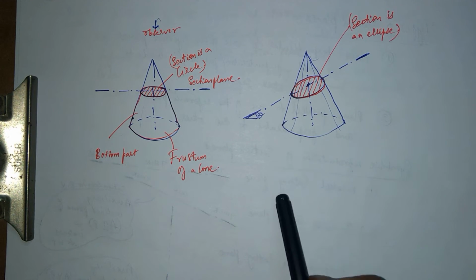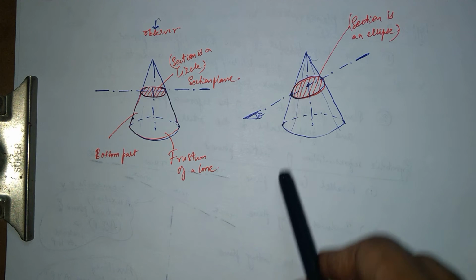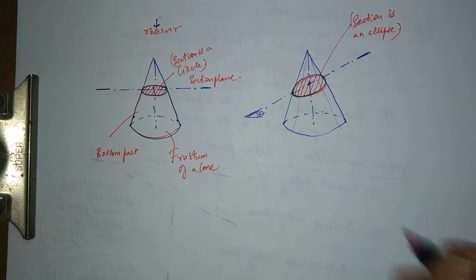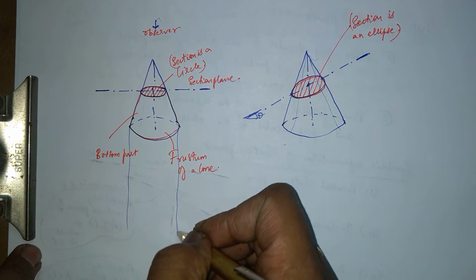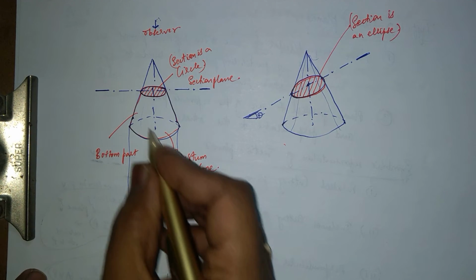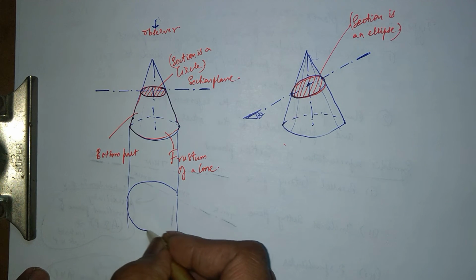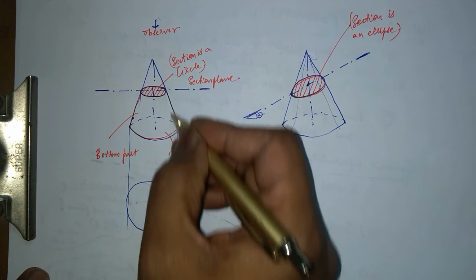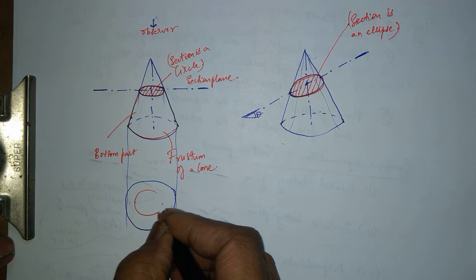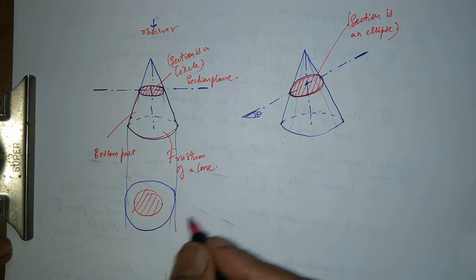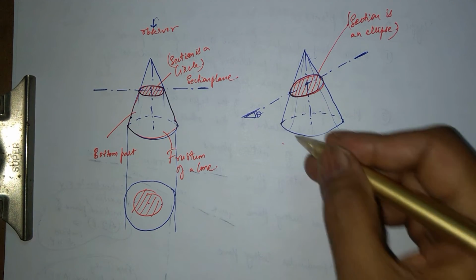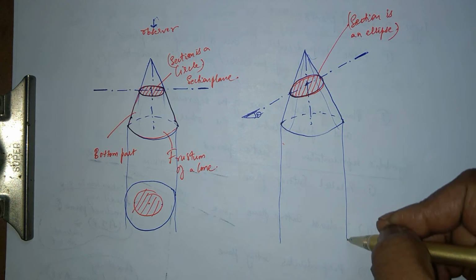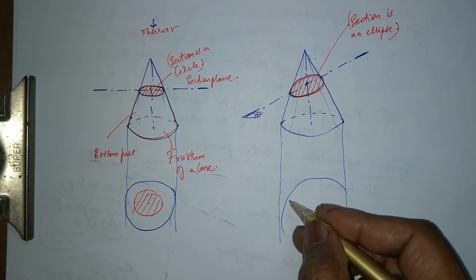Okay, if you draw the same for the front view, what do I see for this one? I'm sorry, I was talking about the top view. So this is the top view. The base circle is seen, and this particular thing, if it comes down, this is the section. This section I'll see as a smaller circle. This bigger circle and smaller circle are concentric circles. If I draw the projection line like this, I'll see a bigger circle. Obviously, that's the base.